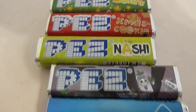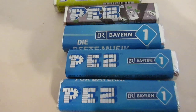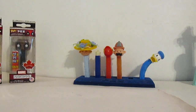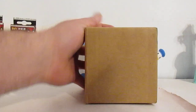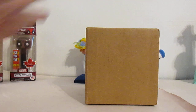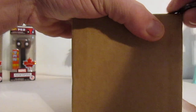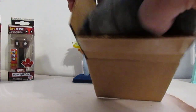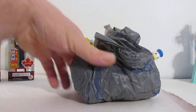But yeah, I managed to get these candy packs, but then I noticed that they came in a little tiny box. And guess what? Oh, yeah. Another tiny box! Two boxes at once! Yes! All right. I can't wait to see what's in this box, because I know what was in that box. And going about a month in between boxes, I don't think that's the best thing to do, but...